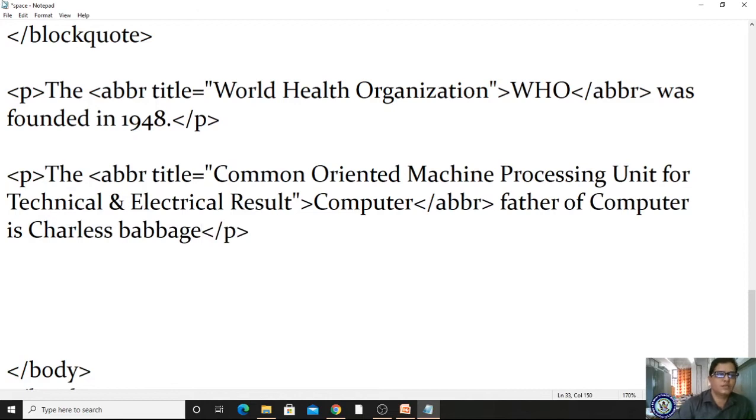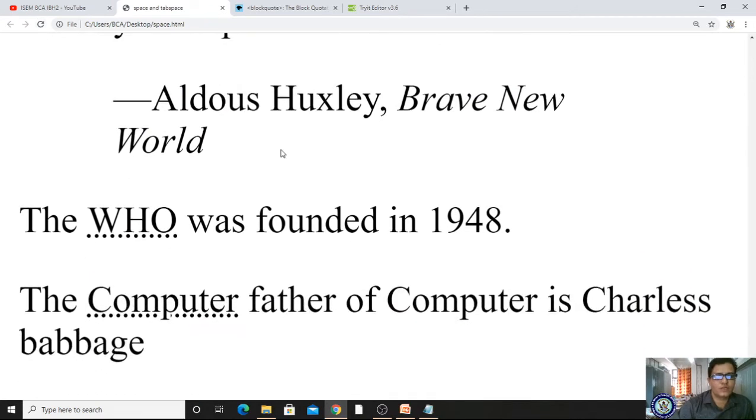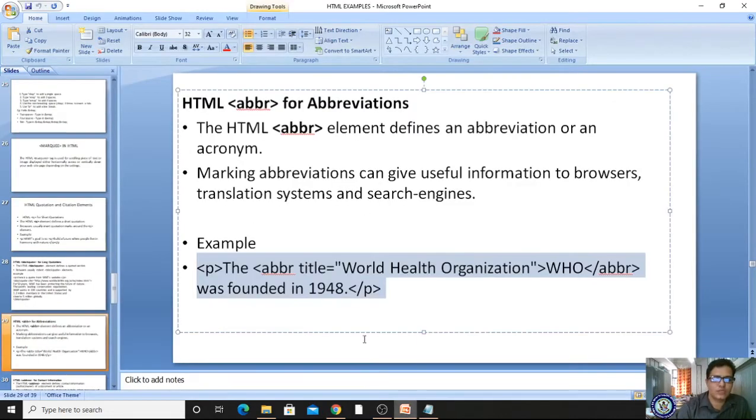Okay, that's it. Now I'm saving my file and coming here and refreshing. Once I refresh, you can identify that computer. Whenever I place my mouse pointer on that, I get the full form of the abbreviation or acronym of that word. So that is the usage of your abbreviation tag.